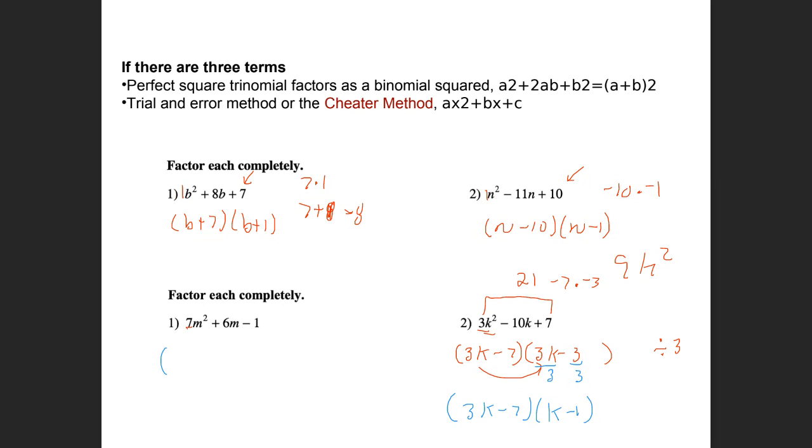Same process. So I'm going to cheat with a 7. So I'm going to divide a 7 out at the very end. So I'm just going to write that over to the side. So I've got 7m here, got 7m here. I'm going to multiply the outer terms together. 7 times negative 1 is